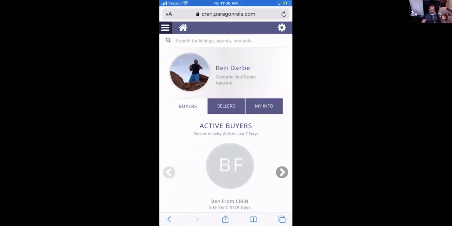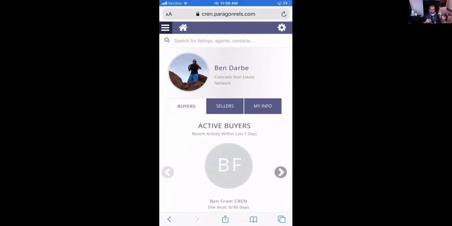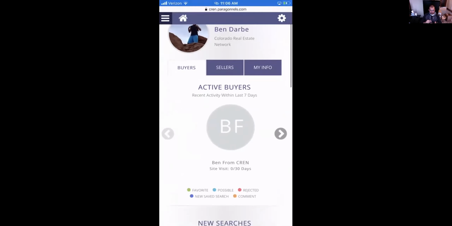Underneath that power search, you have your information. So it has your profile picture, your name, and your office. And then this is where it gets really cool. If you use the collaboration center within Paragon, you can access all that information about your client's collab center site straight by using your phone. So for instance, I have an active buyer right now, and